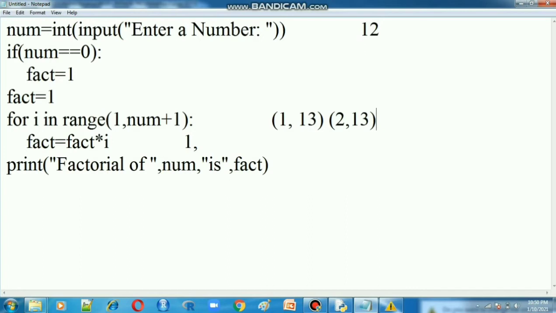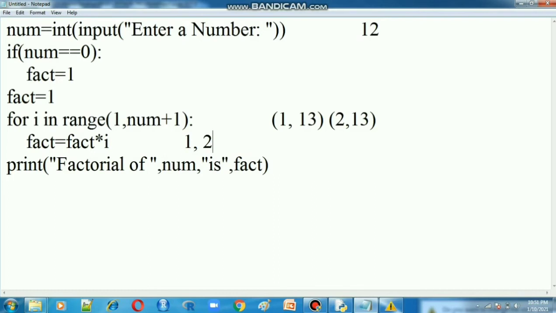The start value now is 2, so 2 comma 13. Before, the start value was 1. Now one value is incremented, since the step is default, one value is incremented. So 2 comma 13, the start value is now 2, and the I value is 2 only. 2 is the start value, that's why the I value is also 2. Now we go for fact equal to fact into I. The last fact value is 1, 1 into the I value, which is now 2. 1 into 2.